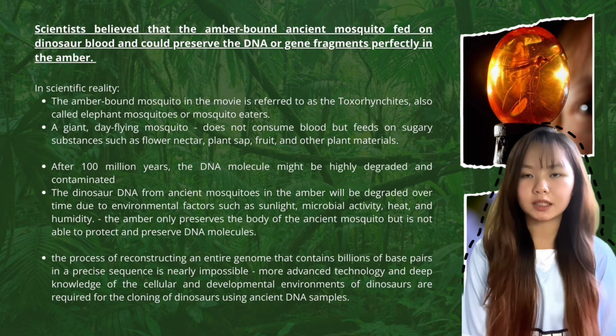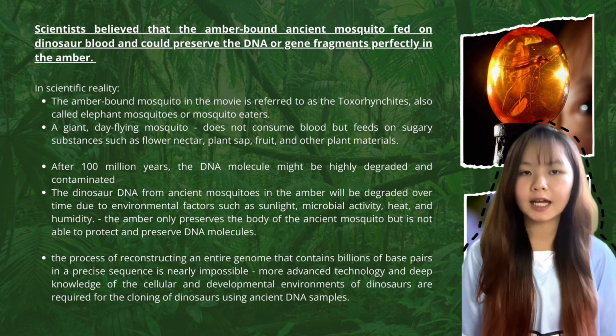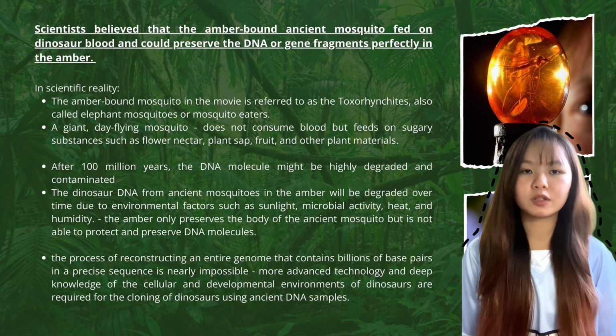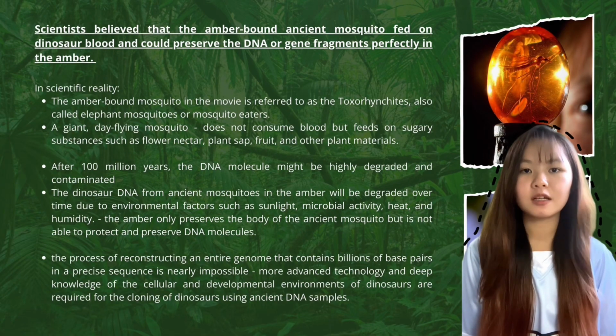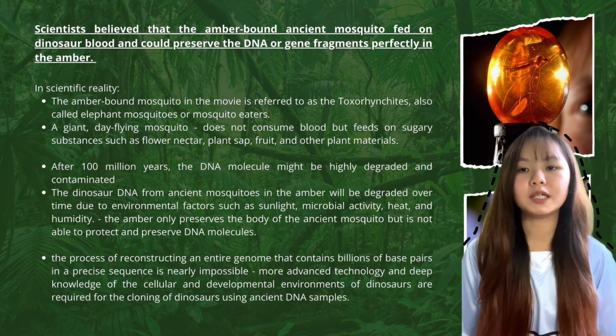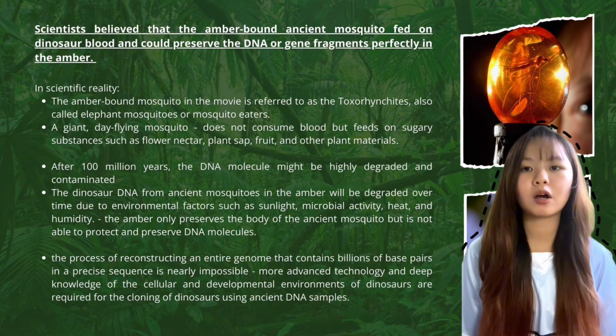However, in scientific reality, the amber-bound mosquito in the movie is referred to as the Toxorhynchites, also called the elephant mosquito, which is a giant day-flying mosquito that does not consume blood, but feeds on sugary substances such as flower nectar, plant sap, fruit, and other plant materials. Even if the ancient mosquito fed on blood and the blood residue was preserved, the DNA molecule might be highly degraded and contaminated after